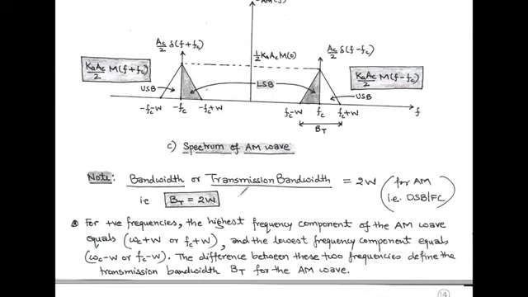So we note the point, the transmission bandwidth of a standard AM, that is double sideband full carrier, is twice the bandwidth of message signal. And to determine the transmission bandwidth, we take the positive frequencies. Here the highest frequency component is fc plus W and the lowest frequency component is fc minus W. So after taking the difference between the two frequencies, we get a transmission bandwidth that is equal to twice W.